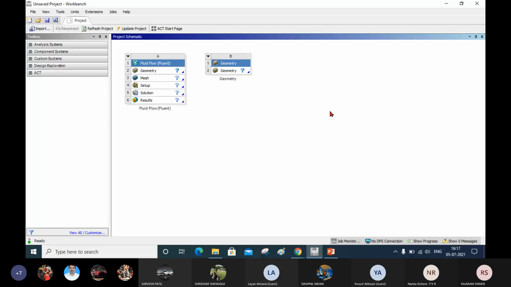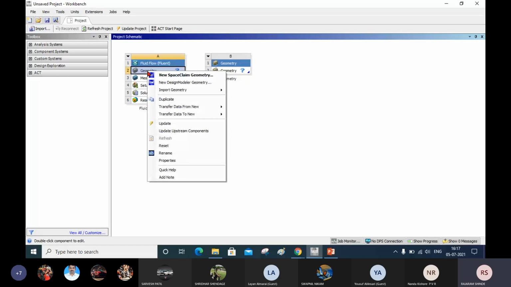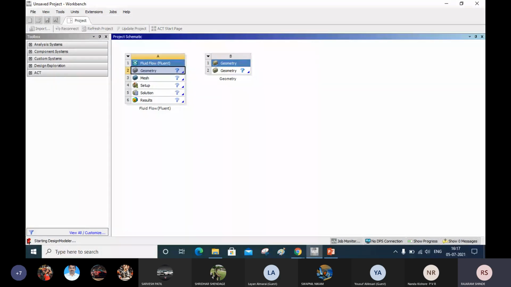So I have to open this by using design modeler. If you have added only the geometry tool in your workbench, then also you have to follow the same procedure. Right click and new design modeler. Now here I will open, right click, new design modeler. Now see here you will get the red bulb and it is showing the message starting design modeler.